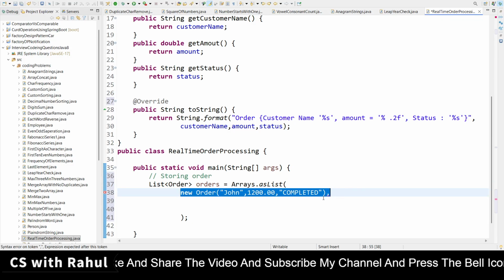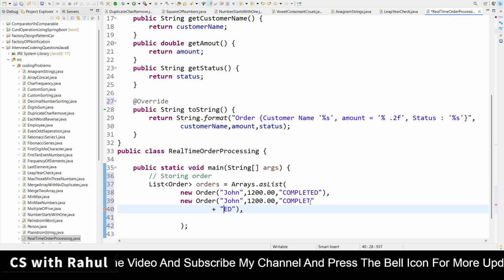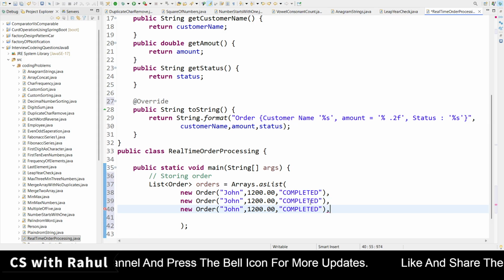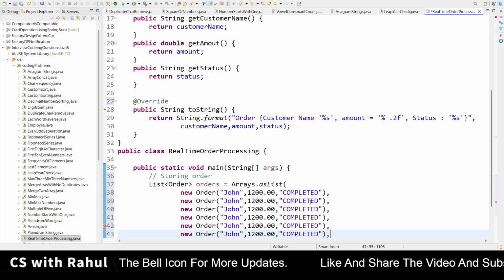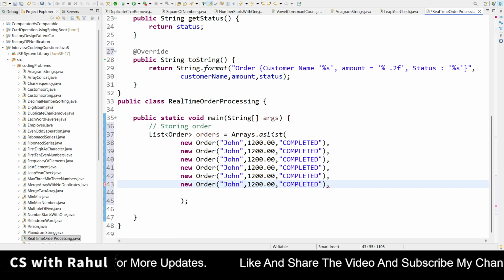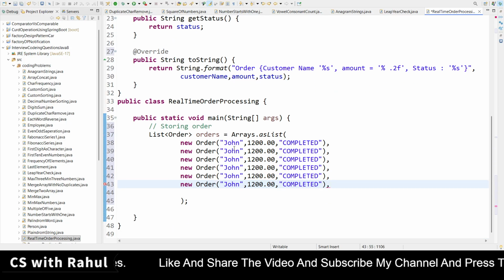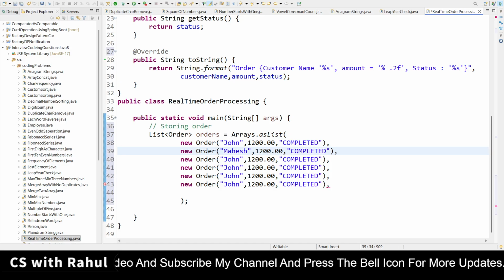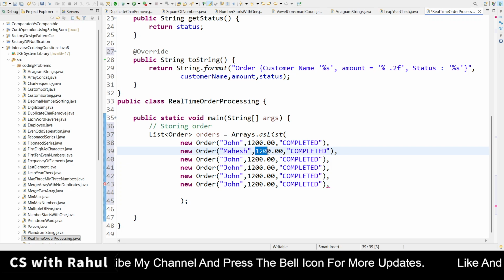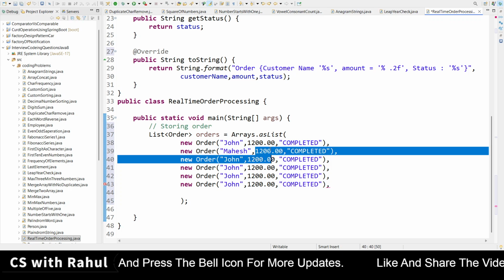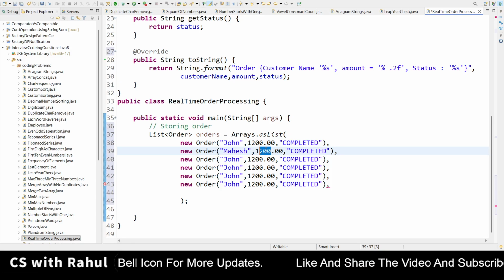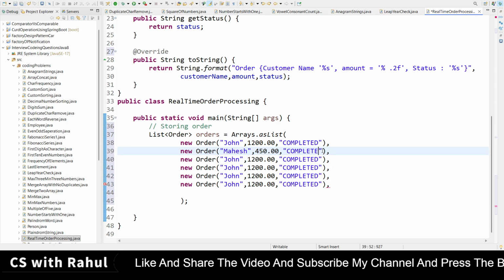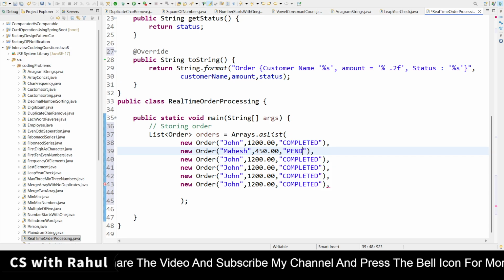I will change the values only. Now the next name I am taking is Mahesh. Mahesh's order is 450 rupees, and the order is pending. One order we will keep as a pending order.